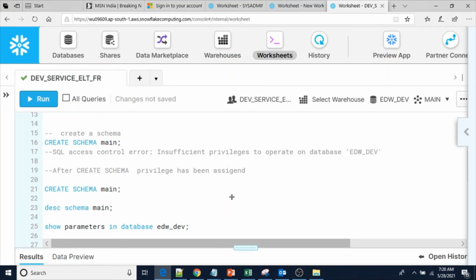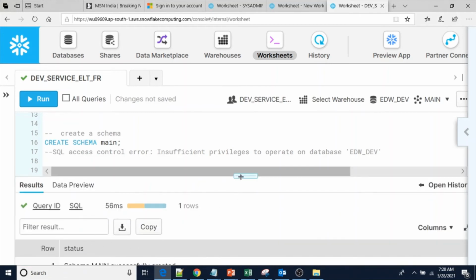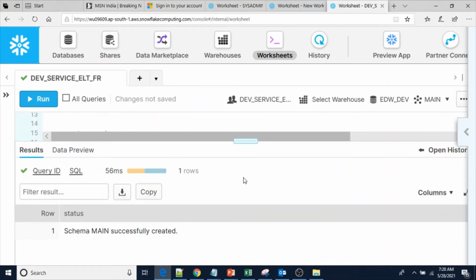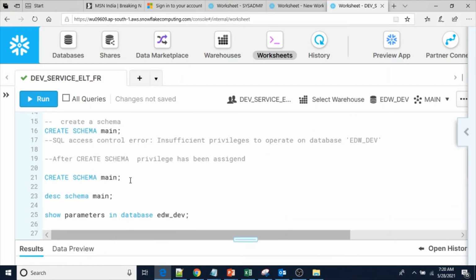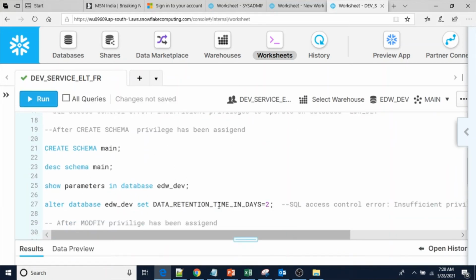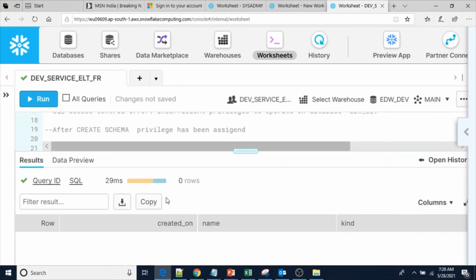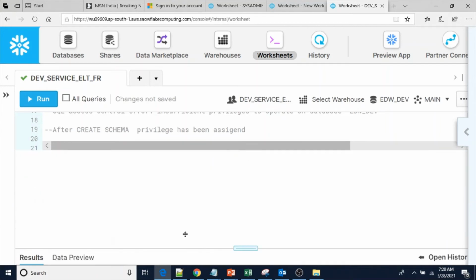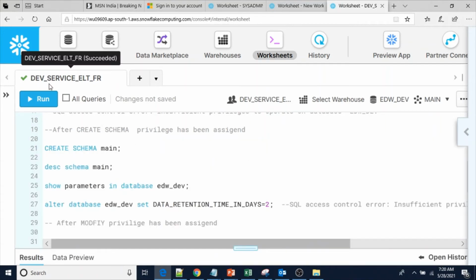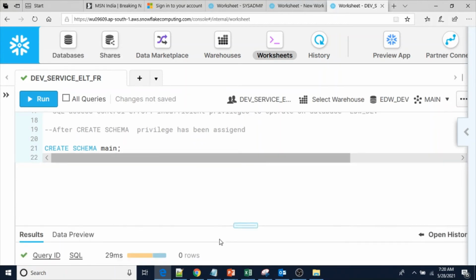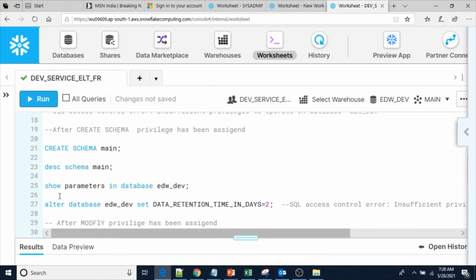Okay, so schema main is successfully created. Now I can describe it, because the owner of this schema is now dev_service_eltfr. So we can describe, and we need not explicitly give the usage privilege on this schema.